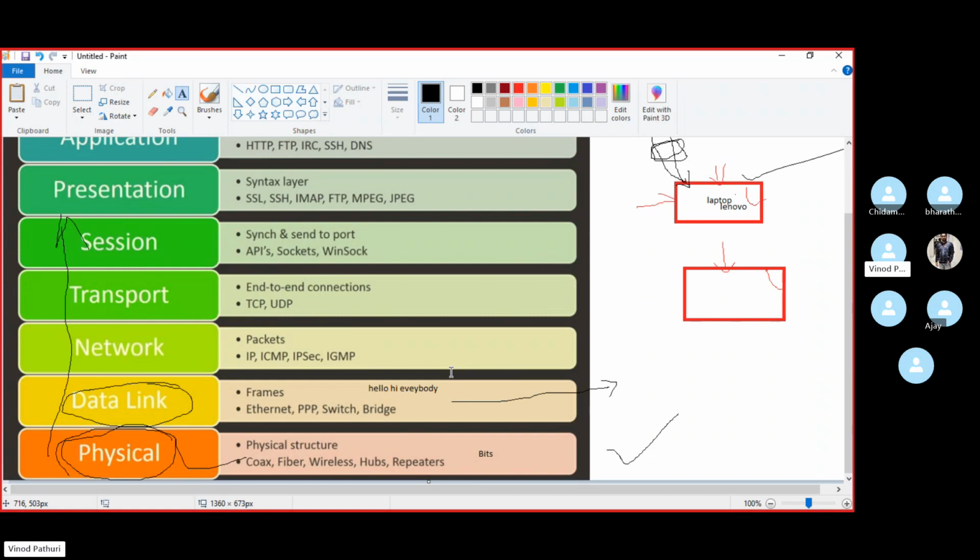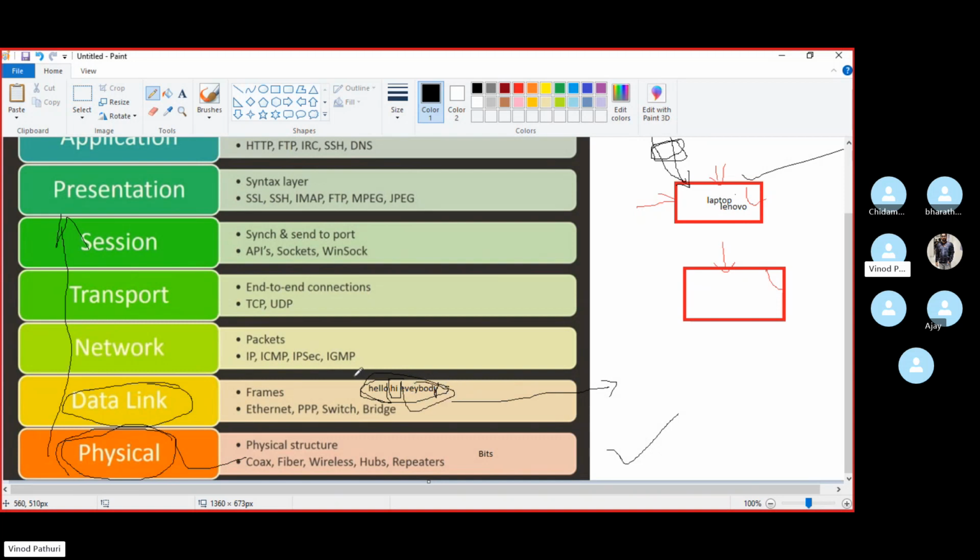In order to exchange the data exactly as it is, suppose you are sending some data and something is missing, maybe here the Y is missed, so there is no reliability. There is no 100% delivery of data. So that's why, simply, it will divide hello into one frame, hi into one frame, and everybody into one frame.